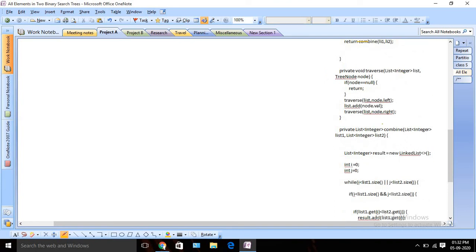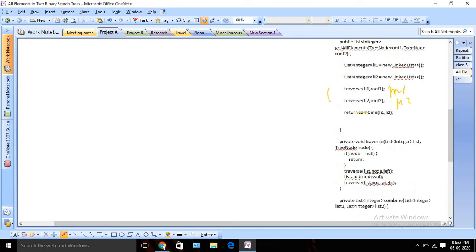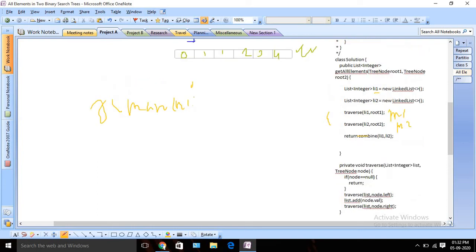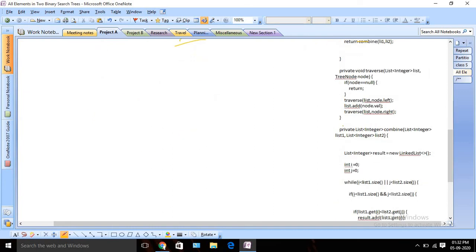Okay, so for these two traverse functions, and for the combine function, let's try to check the same. So for the combine function here, we are iterating through these two given lists, right? So one size will be m1, another will be m2, right? So whatever the maximum value, that will be our time complexity here, right? So it will be order of max of m1 and m2. So whichever is larger, that will be our time complexity. Okay, and what about the space complexity? You can see that we need to create one result array with m1 plus m2 size, right? So again, space complexity here will be order of m1 plus m2.